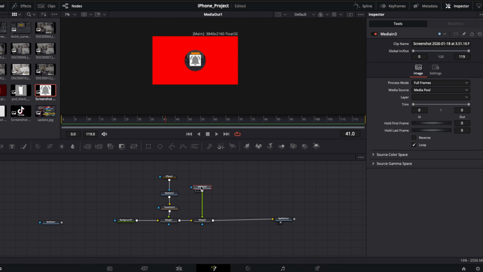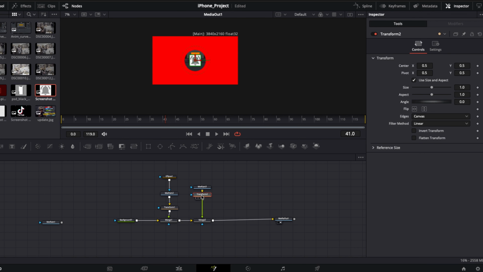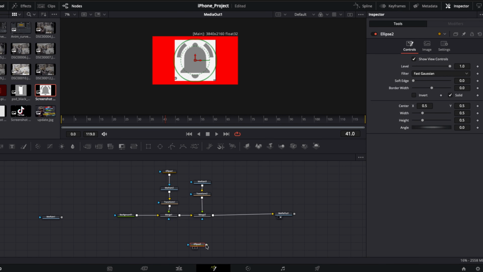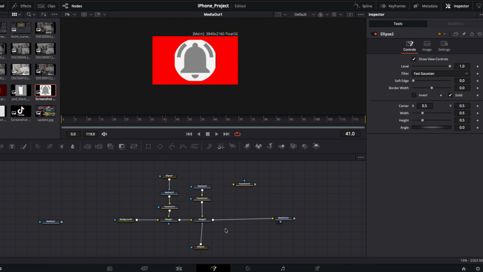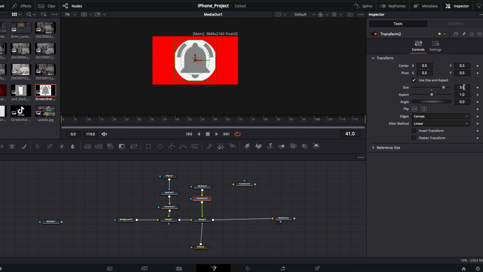All right, so we are first going to scale up that image by using transform again. We could scale that image up, something like this, before we mask it. Okay, we could mask the merge instead. Bam. We've increased the image, then we mask the merge. But with this one, it can get tricky if you want to move it to the left side or to the right side. But you could try to make it smaller here and